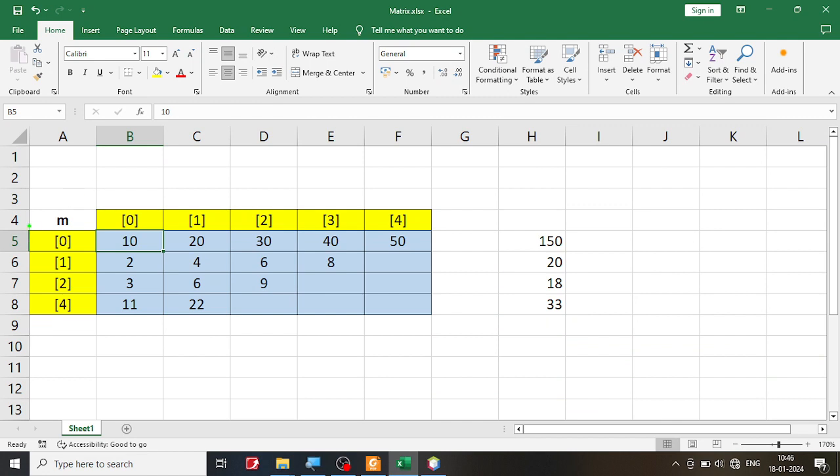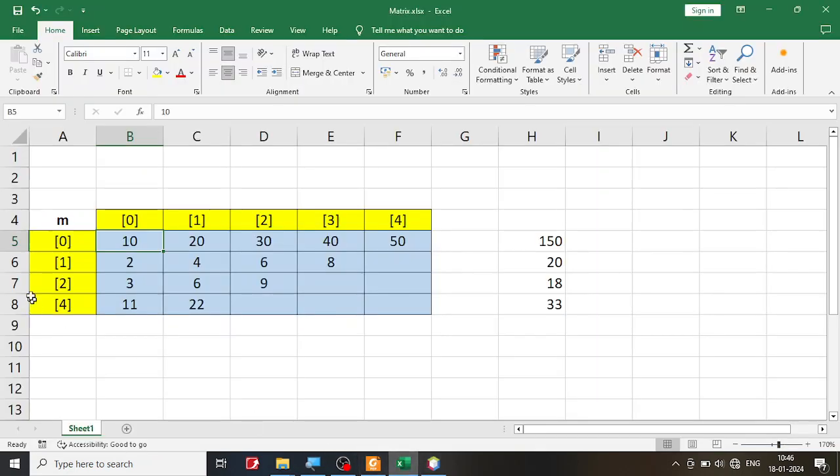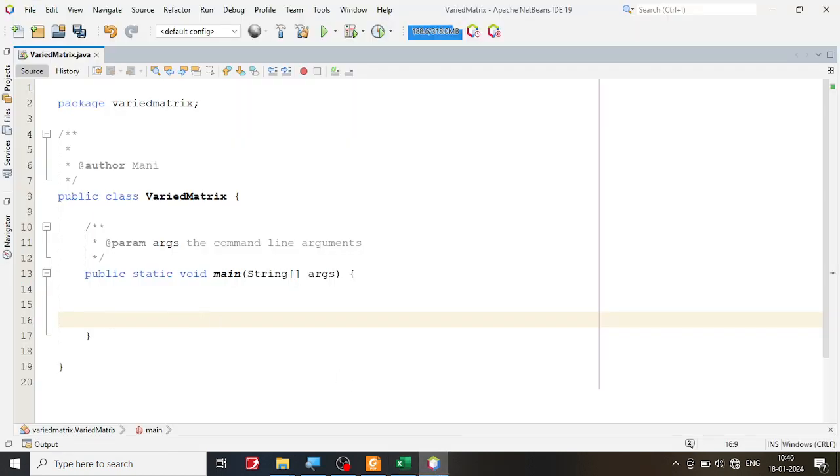So what is this part? We are going to create an array like this, with a fixed number of rows. So here you have 5 rows. So this count is fixed. So we are going to create that one. Let's go ahead and create the array first. We are supposed to create the array. In order to create the array, we must know how many elements will be there in this particular array. So first let's read the total number of rows